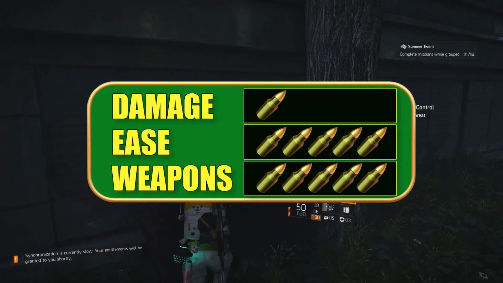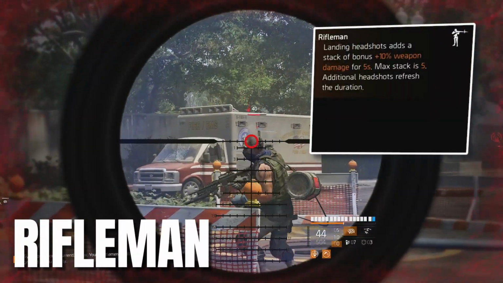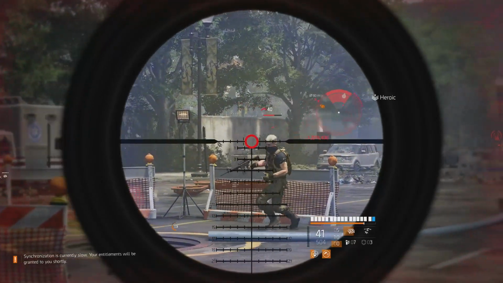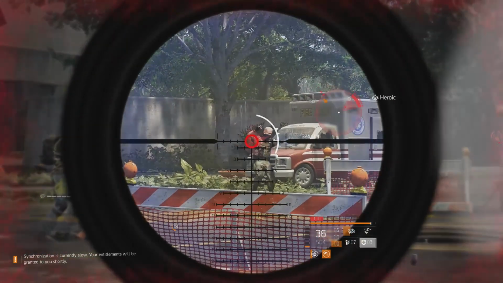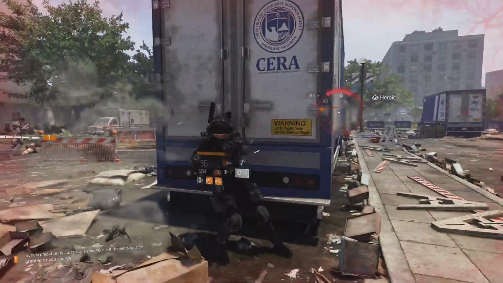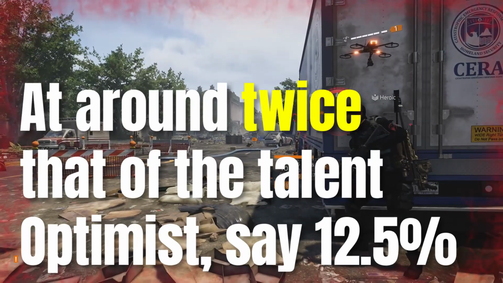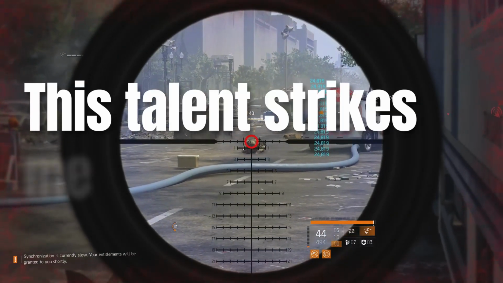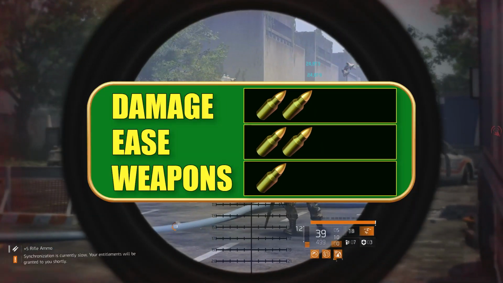Always the bridesmaid, and never the bride. While this talent has the potential to deliver a 50% additive weapon damage buff, its short duration means that in most cases you're going to be building from scratch every time you use it. So it's probably not a mile off to estimate the average damage buff at around twice that of the talent Optimist, say 12.5%. The challenge of course for this talent is that you have to hit headshots. This talent strikes me as one for the purist who wants the challenge of hitting headshots, but for everyone else,